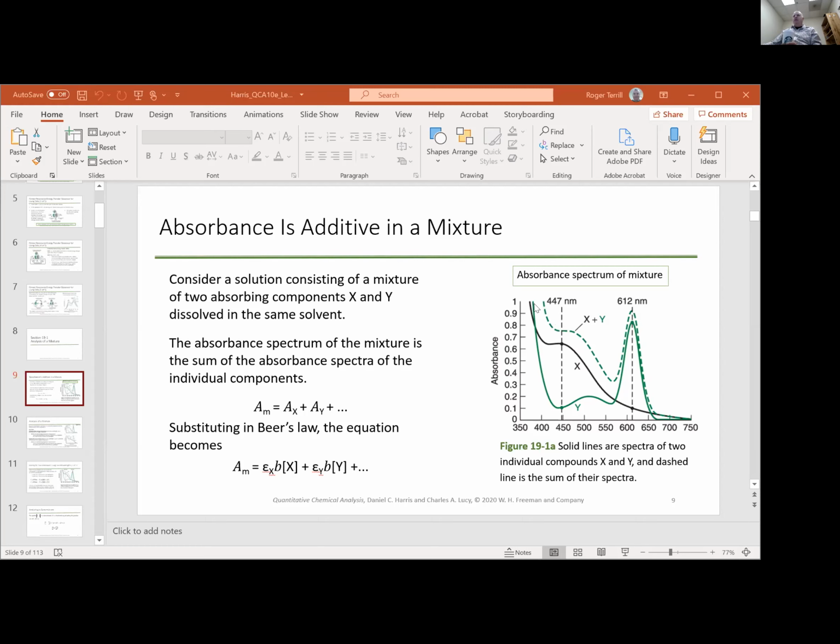And the mixture of X and Y is higher than either of the standards at any wavelength here, pretty much, except out here, right? And out here, it overlaps exactly